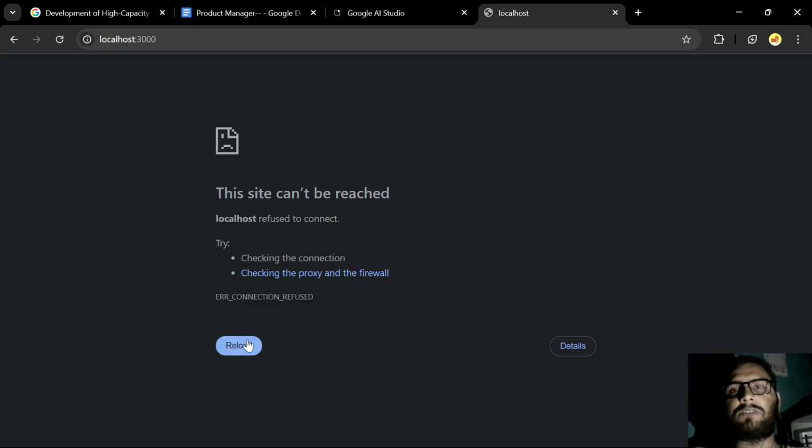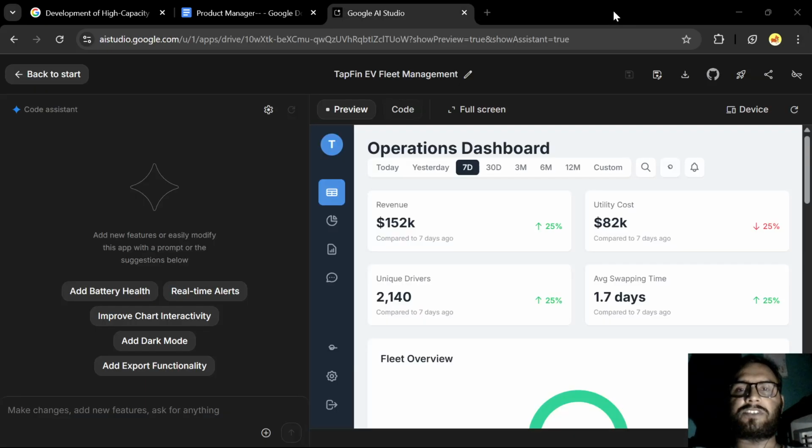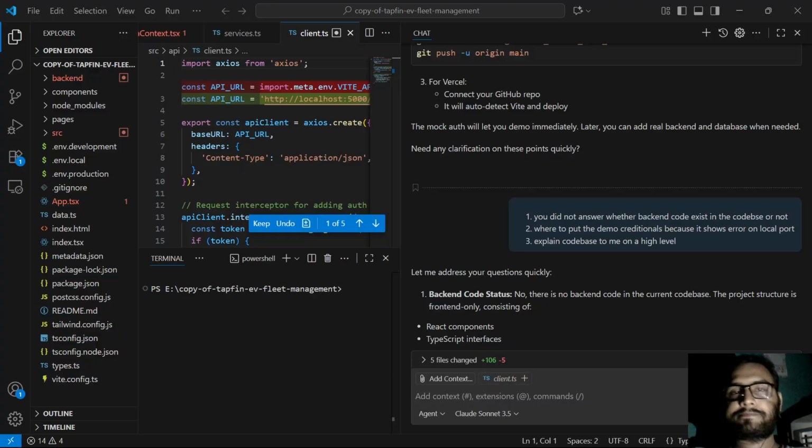You can log in with the mock data, but you need some data in the operation part and everything to test locally what is happening. So if I run, let's say,